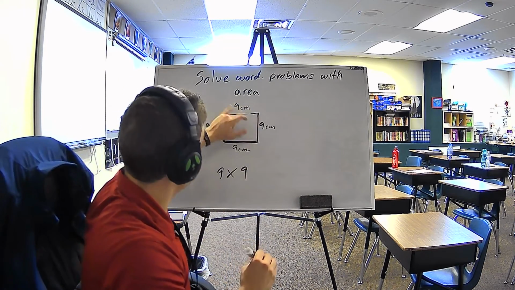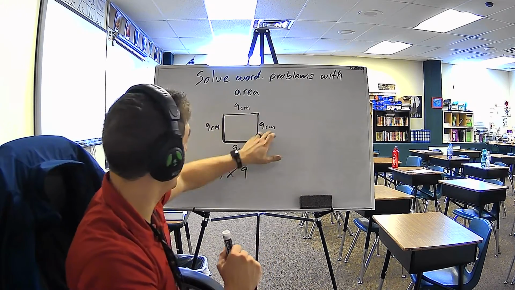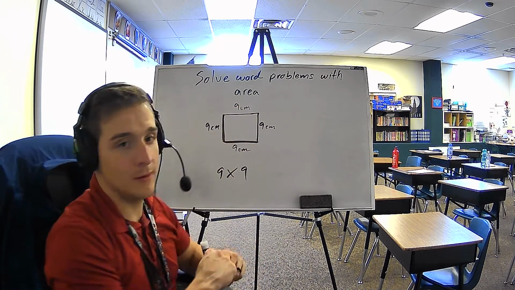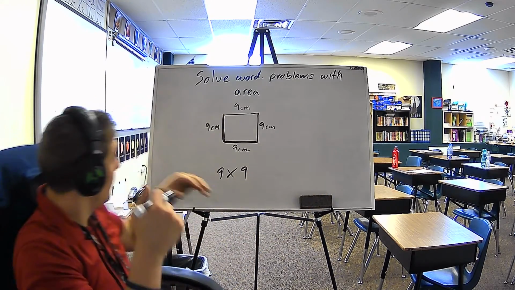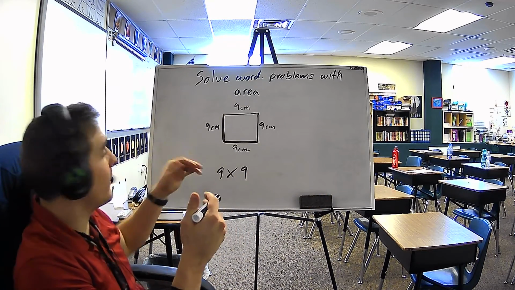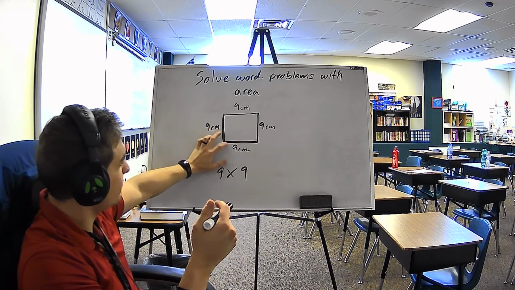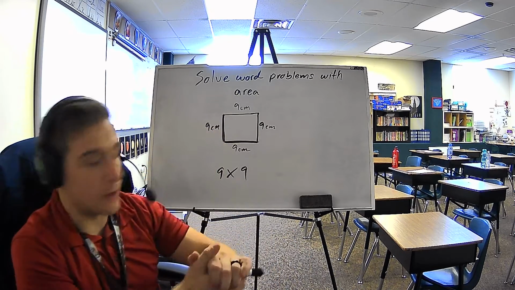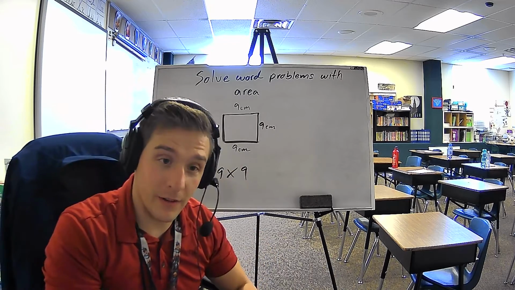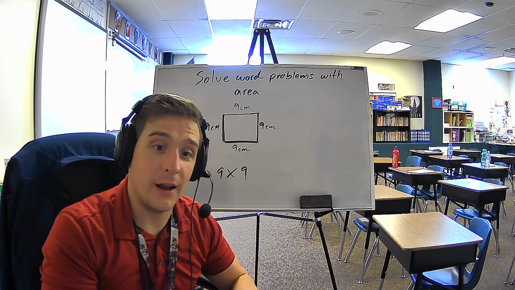Technically you could multiply this one and this one, or that one and that one. But typically, when given a regular shape like this, you use these two sides right here. So you do 9 times 9, you can do the fun little 9 trick,